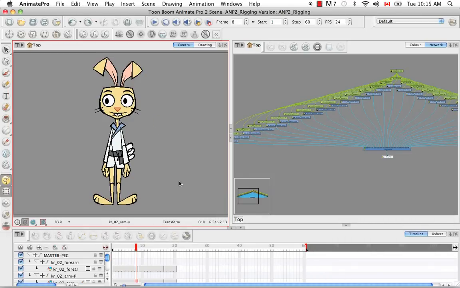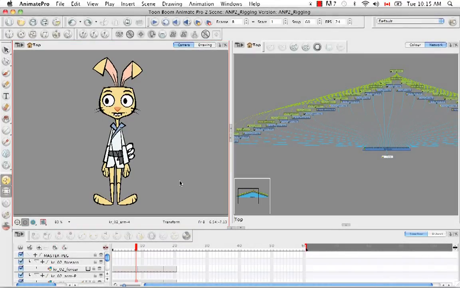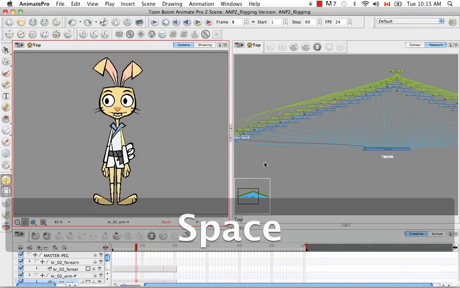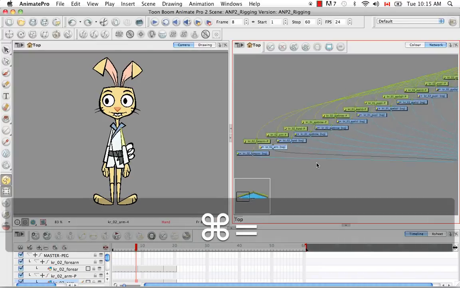So I'm not going to show you how to create a hierarchy rig. And that's the rig where limbs are connected to one another in a chain, so the hand to the forearm to the upper arm, but instead a type of mixed rig. And we don't do that in the timeline view, we actually do that in the network view. So I think I'm going to work on this arm because if I'm correct, it's at a convenient location at the end of